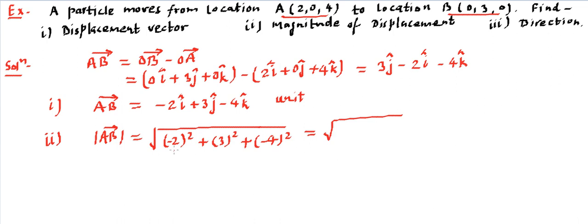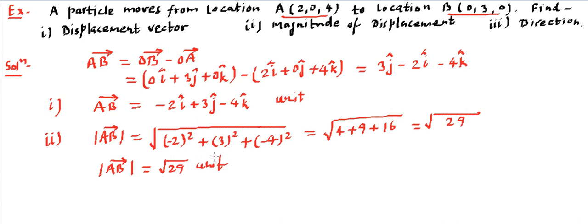Okay, then you can do the simple calculation. This is going to be 4, and then you square this, this is going to be 9, and then you square this, this is going to be 16. So we can add these numbers up. If we add these numbers, this is going to be 25 plus 4, 29. So the magnitude becomes square root of 29. So we can claim over here that the magnitude of displacement is square root of 29 units. Again, if it is in meter, we can place meter, otherwise centimeter or whatsoever. So this is how we can get the magnitude.